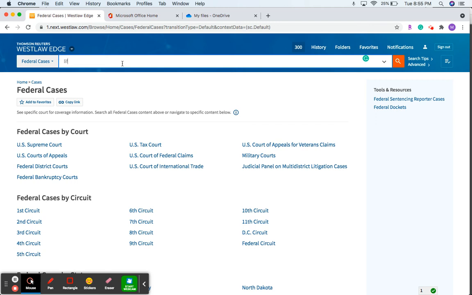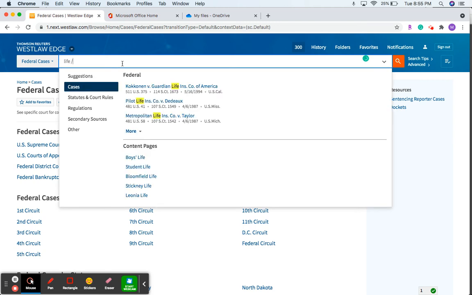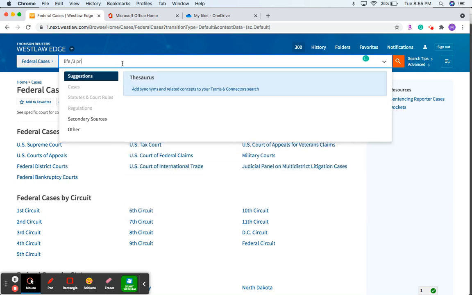We're going to type in life, within 3 words: prison or in prison. So life within 3 words: prison or in prison. That gives life in prison without parole, life imprisonment without parole, and then we'll do that within 3 words: parole, and let's just do cruel